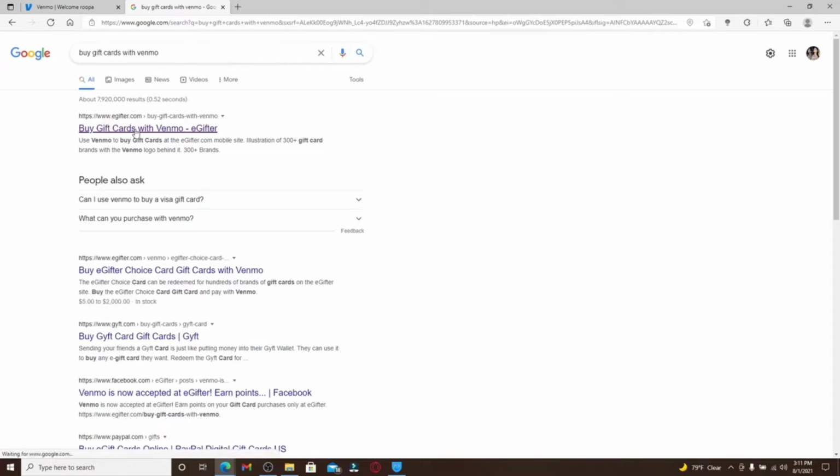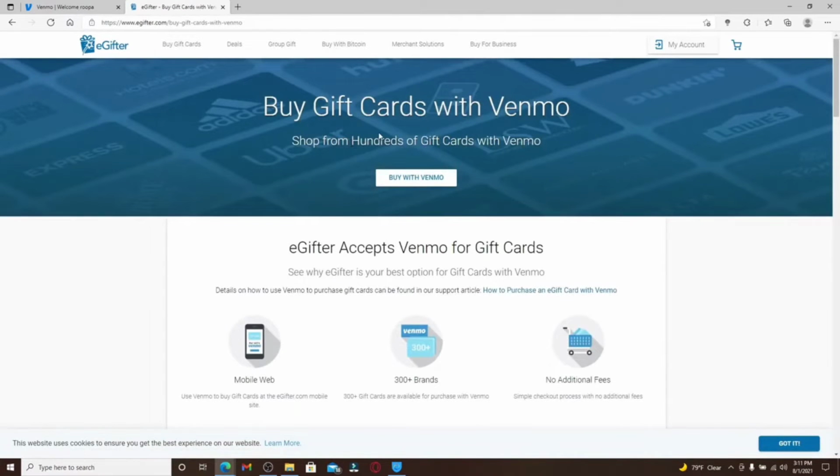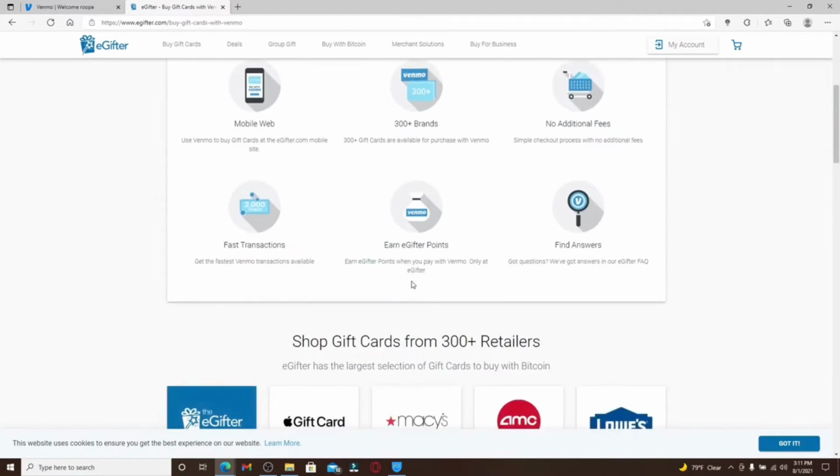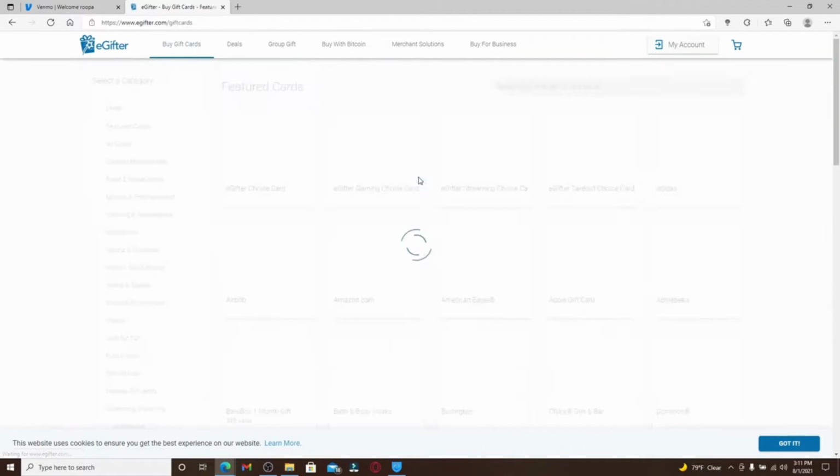www.egifter.com. Click on that link and you'll be taken to this eGifter website from where you can buy gift cards with Venmo. Since this website supports and accepts Venmo for gift cards, you'll be able to buy gift cards from this website easily. Click on Buy with Venmo in the display at the middle of the screen, and now